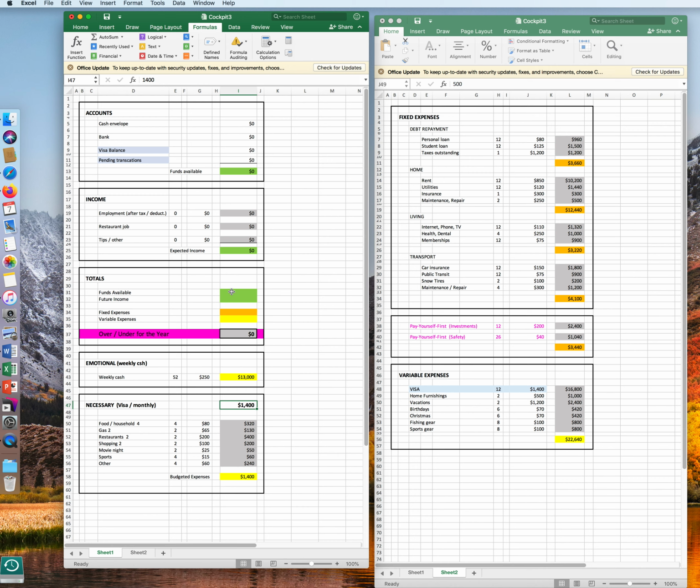Funds available. We want to have this appear here. So this would be only this number here, funds available. So let's populate this a little bit here. Right, cash envelope, we have $50 at the current time. In our bank, we have 1,000. Our Visa balance is minus 750. And our pending transactions is minus